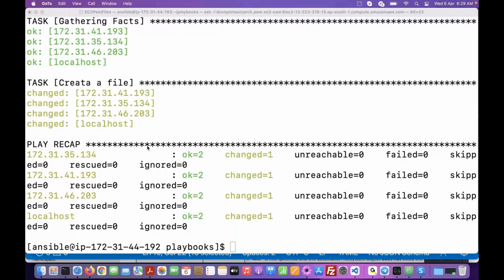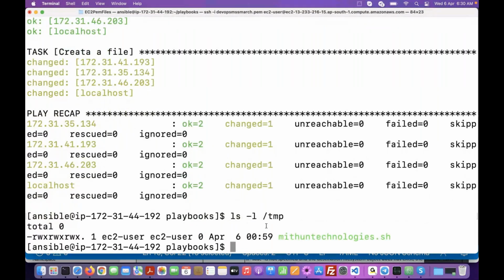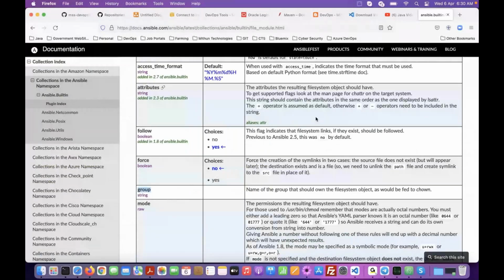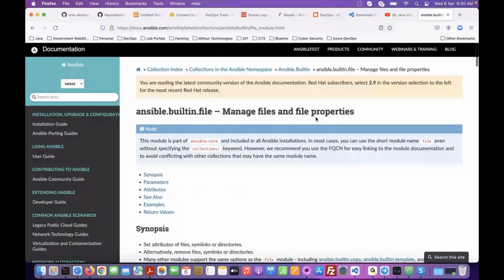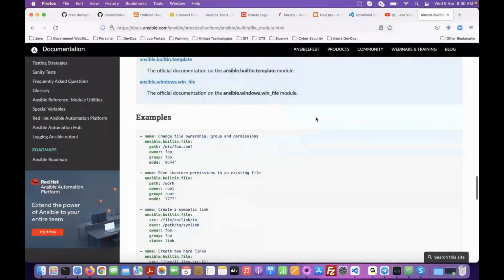Now the playbook has executed. Just type ls -l /tmp. See, observe that the group name also changed. So like this, guys, you can explore. Whatever module you want, they have given clearly with all the details. Now just scroll down. If you see the examples, this is one task: change file ownership, group. See, owner name, group name,